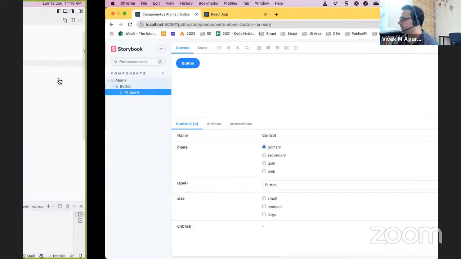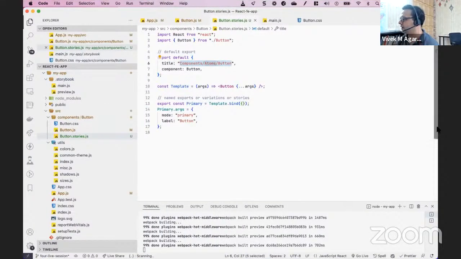तो ये जो हम यहाँ पे टाइटल देते हैं उसके अकॉर्डिंग वो स्टोरी बुक में स्ट्रक्चर बना देता है, सो दैट इट्स वेरी इजी टू ग्रुप थिंग्स। आपको जैसे चाहे एक ट्री स्ट्रक्चर में ग्रुप करना हो, आप अलग अलग कंपोनेंट्स को इस तरह से ग्रुप कर सकते हैं। कौन सा कंपोनेंट दिखाना है, बटन दिखाना है। तो ये हो गया आपका मेटा इंफॉर्मेशन या एक्चुअल कंपोनेंट, मेटा इंफॉर्मेशन हो गया। फिर उसके बाद जो नेम्ड एक्सपोर्ट है, उसमें क्या करते हैं, हम एक फंक्शन बनाते हैं।